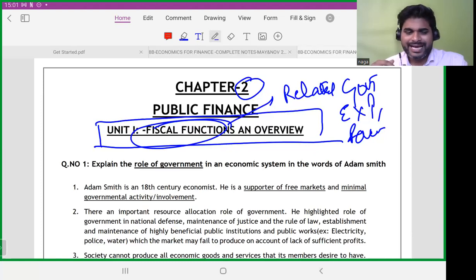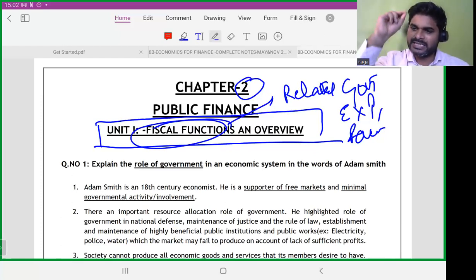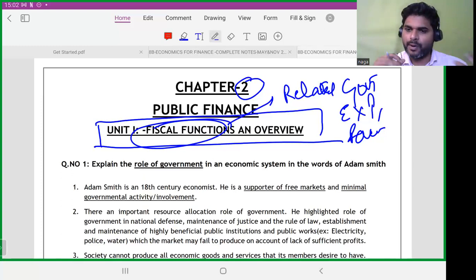The classic example of the stabilization function is the measures taken by the government during the COVID scenario, right? When there is a slowdown in the economy, government pumps in more money, sometimes through fiscal policies, sometimes through monetary policy. Monetary policy we will discuss in unit 3. Fiscal policy is whatever decisions the government takes which impact the economy. Fiscal means government expenditure and revenue policies, increasing taxes, reducing taxes, increasing the interest rates, reducing the interest rates. All of those are fiscal policies. All right.